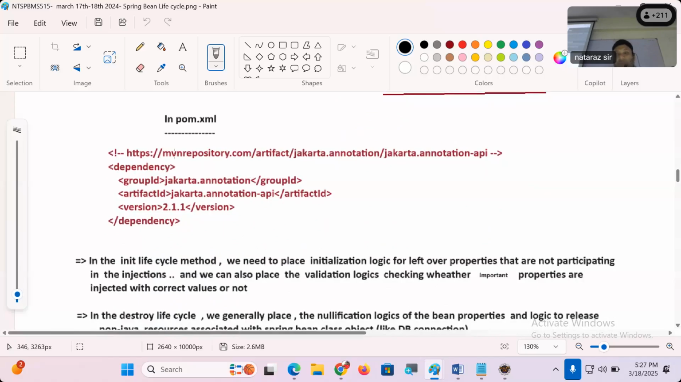Version.jar file. But unfortunately, that is there in a separate jar file. And this is the Maven dependency tag to get that jar file. Up to Java 8, you need not arrange this dependency, this jar file, because it's a part of JDK software. In the init lifecycle method, we place initialization logic for leftover properties that are not participating in the